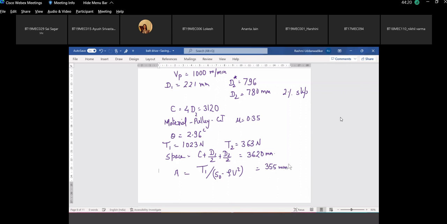Now we have had so many assumptions. The peripheral velocity was assumed, then the value of thickness, 0.025 times d1, which came out to be how much? 5.5. And so the value of b,